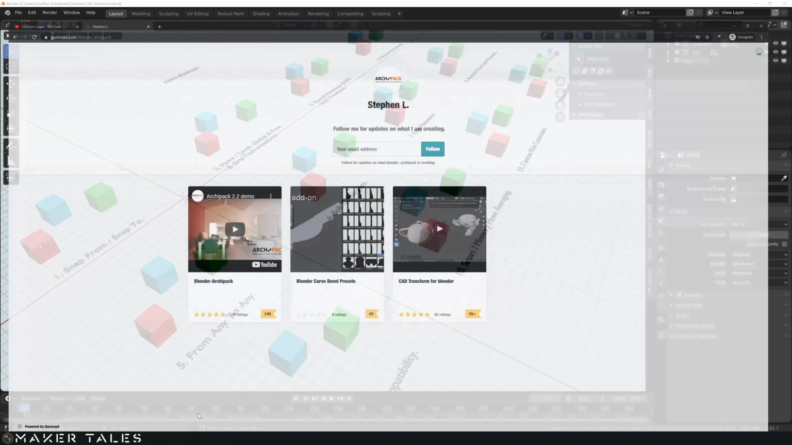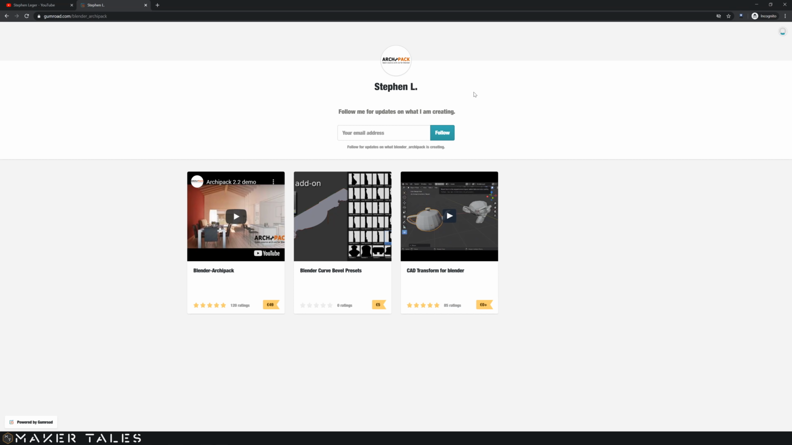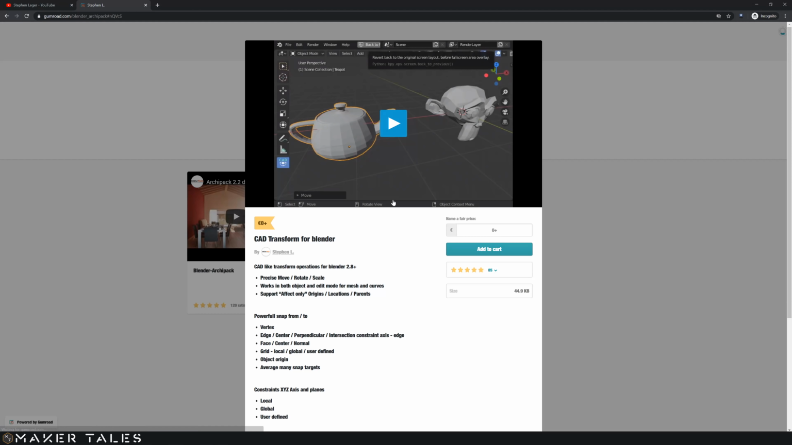So to get this add-on, we have to go over to Stephen's Letters, Gumroad, and get it right here, CAD Transform for Blender. Now, you can get it for free, but I seriously encourage you to give this guy even €5, €1, €10, as much as you think that this has saved you in time. I know me personally, I'm going to be giving this guy at least 25 because this is a revolutionary add-on